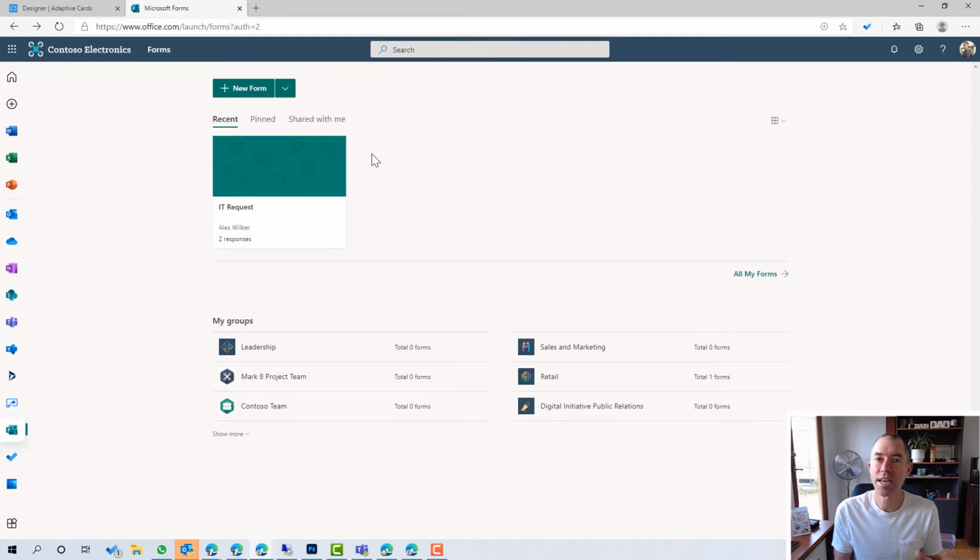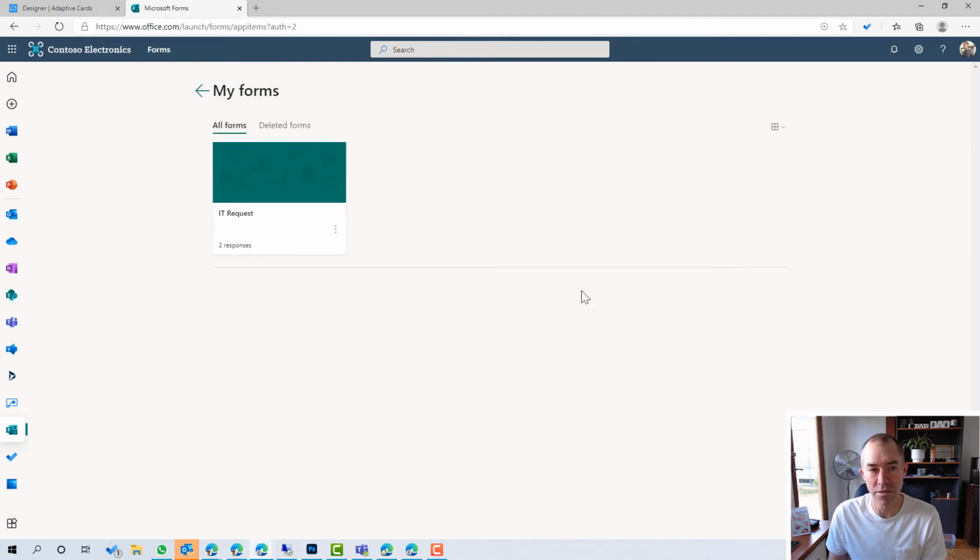Now, if we tackle the other situation, I've created a form for myself, so it's a personal form. How do we go about moving that form or making that form available as a group form? So here I've got a personal form. Now when I click on the three dots here, I haven't got any option to be able to move it. So what I can do is click on All my forms, then I've got my forms, then I can click on the ellipses,